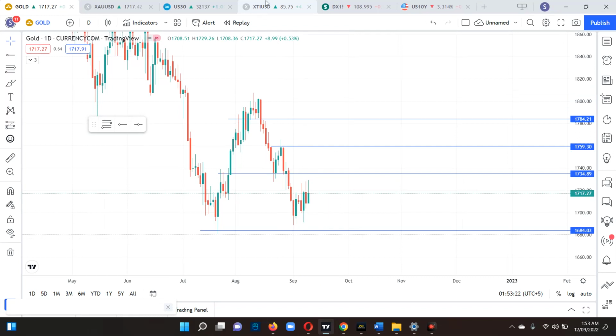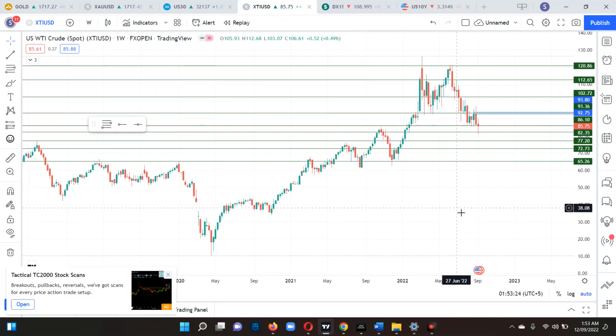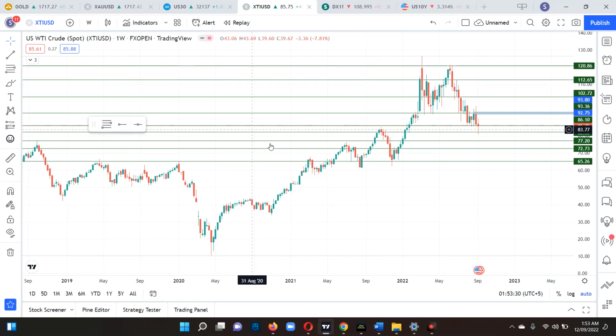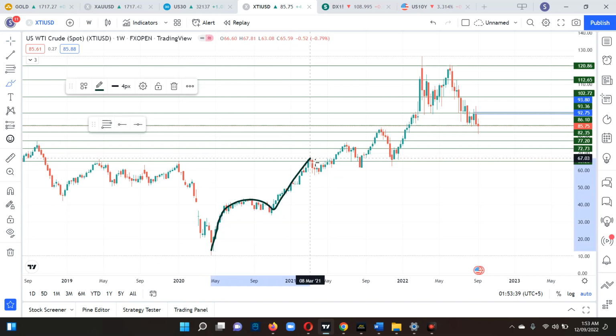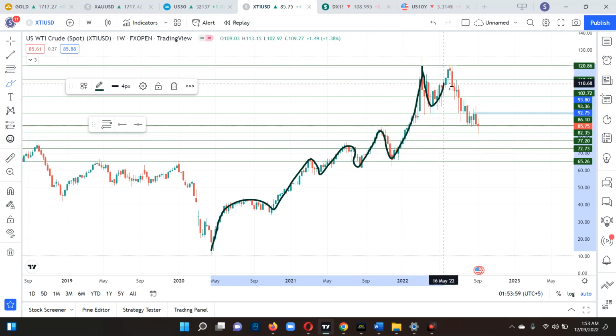First of all, let me open the XTI USD oil chart. You can see that on the weekly time frame chart, the market was moving very perfectly upside, creating higher highs and higher lows. There was a small lower low, then again the market created momentum and rose toward a higher high, and again went downside, then a lower low. Again the market rose upside and tried to create a double top, and from there it tried to fall downside.